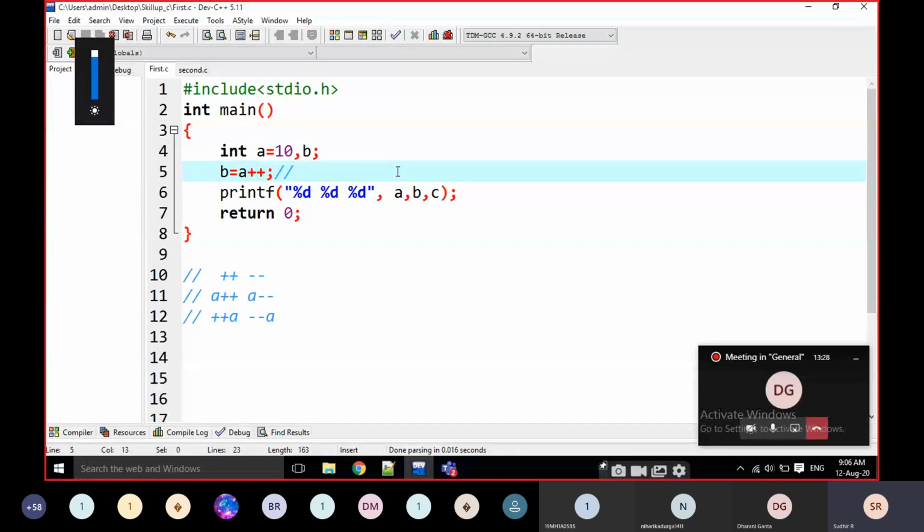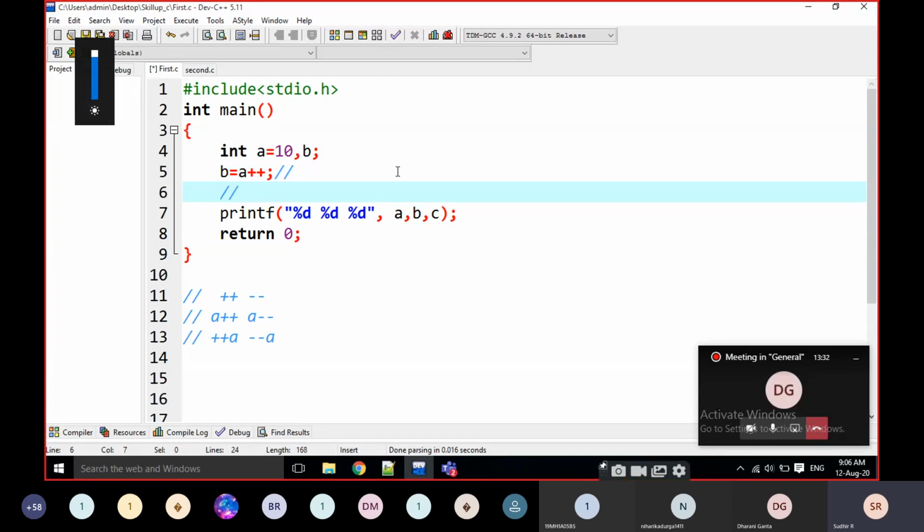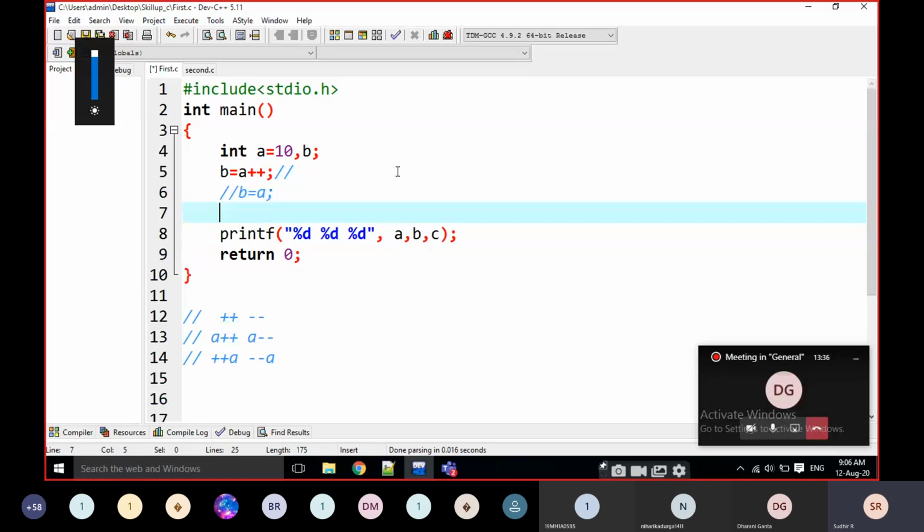What are the two operations? Basically, we can write these two statements like this: B is equal to A is one statement, and A is equal to A plus 1 is another statement. Every time, if it is a post-increment or post-decrement, it is a combination of two statements.